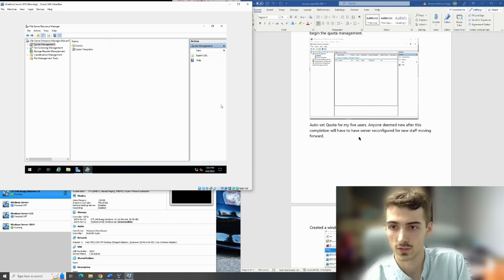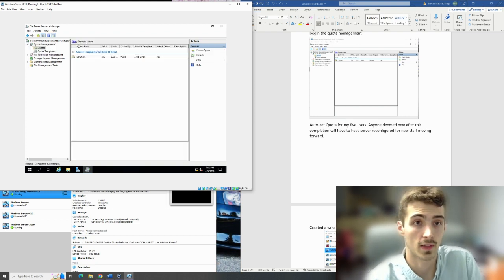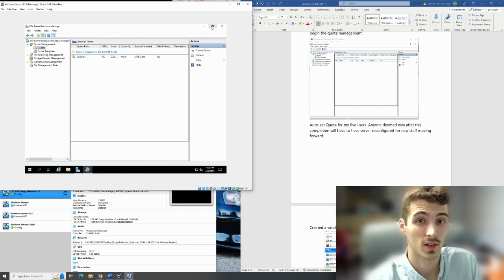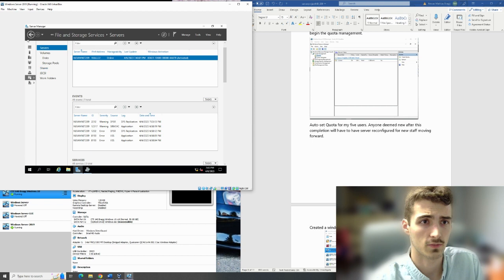As that says, the server is going to be reconfigured for new staff moving forward, and you click on that and get the same thing. It's taking up 3%, barely anything going on, and it's the users of the whole C drive, which is just the 5 people. So now we can exit out of that, save my RAM,